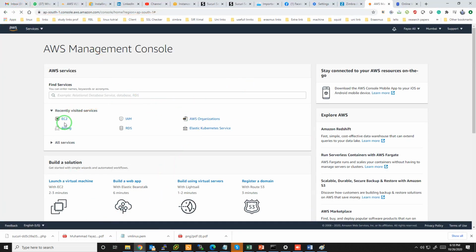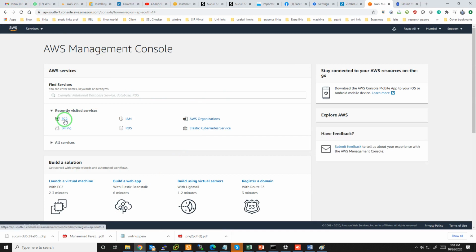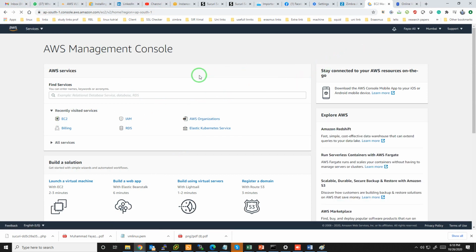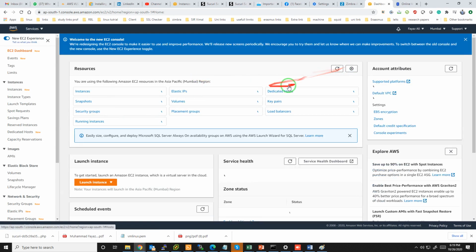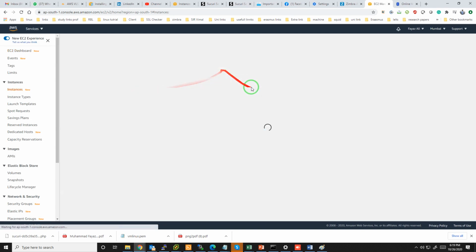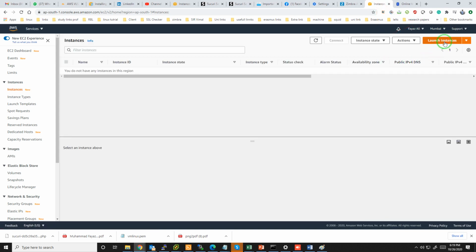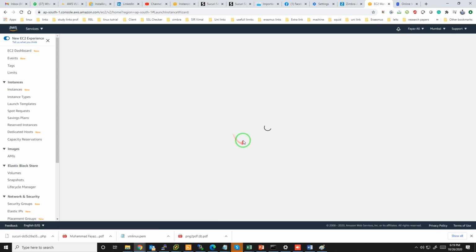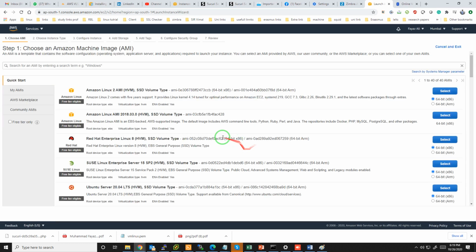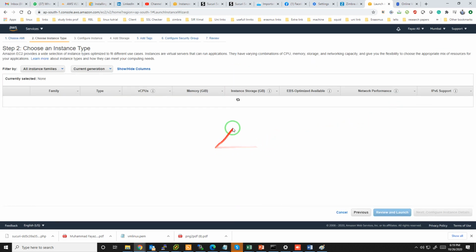So let's move. First of all, let's launch. Here is my console of AWS. Just click on the EC2 service, and then you come to the landing page of the EC2 module, and then you can go on to launch the EC2 instance. Everyone knows it, it's very easy and simple. Just select the AMI. I'm going very quickly.